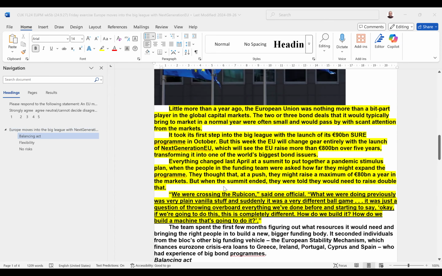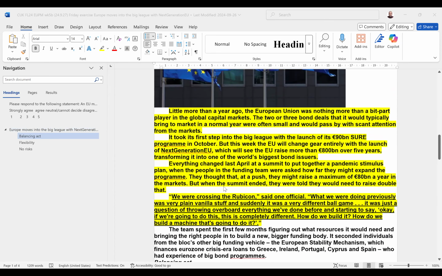And again, I mentioned to you how it was always known before the pandemic how the Germans didn't really want to issue euro bonds on a regular large scale. It says here, just to show you again how these institutions are developing.